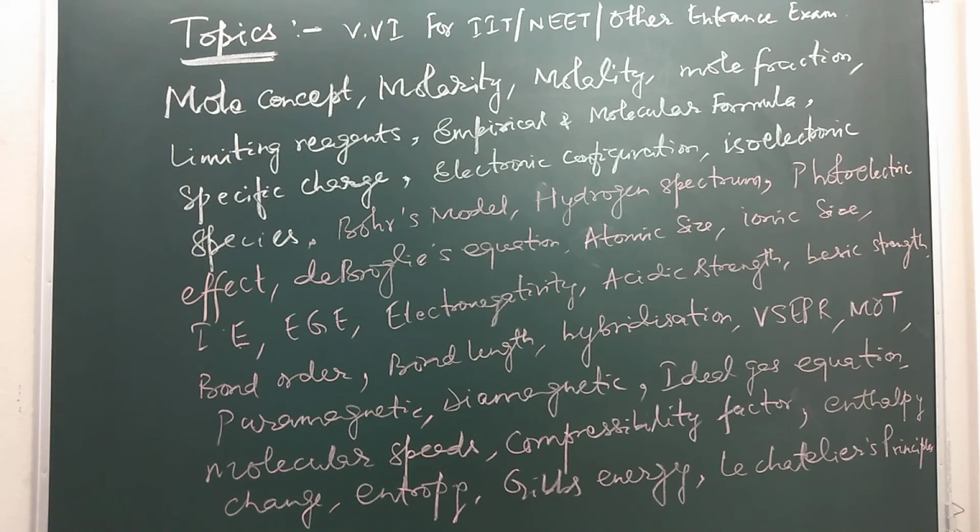So hybridization of important compounds and a few compounds from coordination can be asked, along with their magnetic moment as well as their paramagnetic or diamagnetic character. You have to keep the concept of VSEPR, valence shell electron pair repulsion theory, in your mind for your upcoming exam, because questions will generally be asked from the VSEPR model.